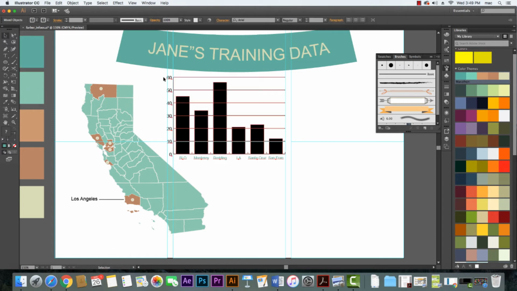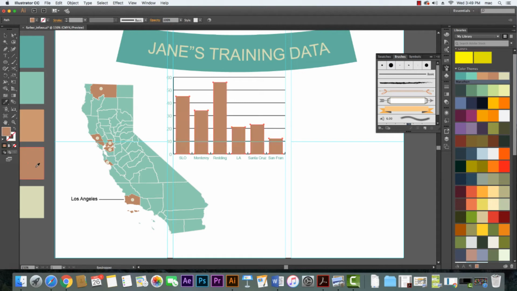And I could change these in as well with my group selection tool and coming over these and hitting I on my keyboard. A little bit hard to read, but it's okay for this point here. So then if I want to change my graph here, grab my group selection tool, click on one of the columns and then click again, and that'll select all of them. Hit I for your dropper, and